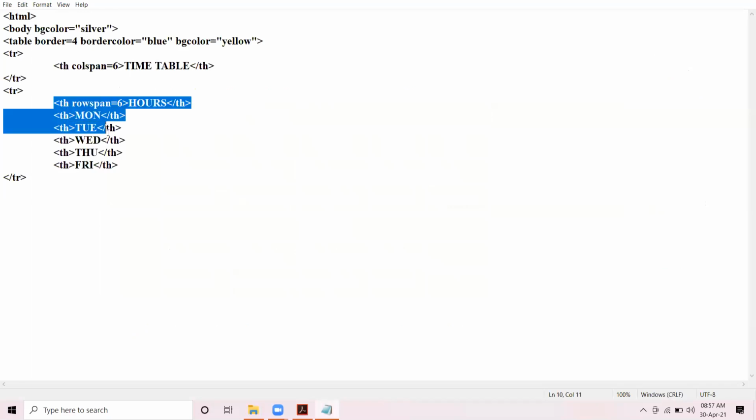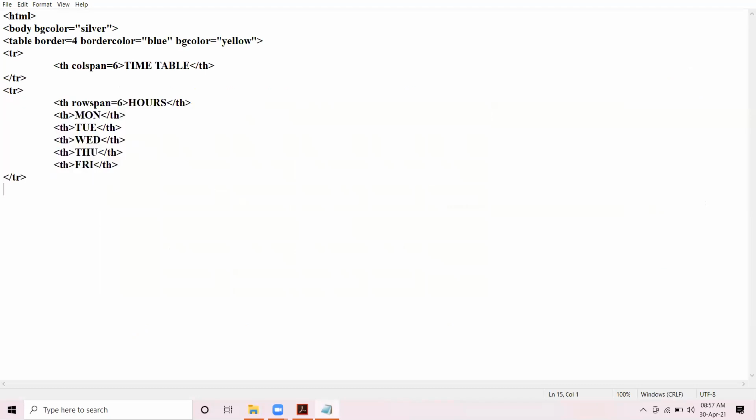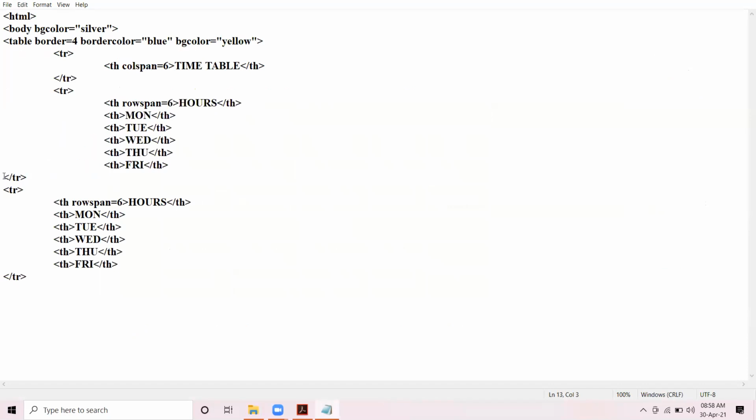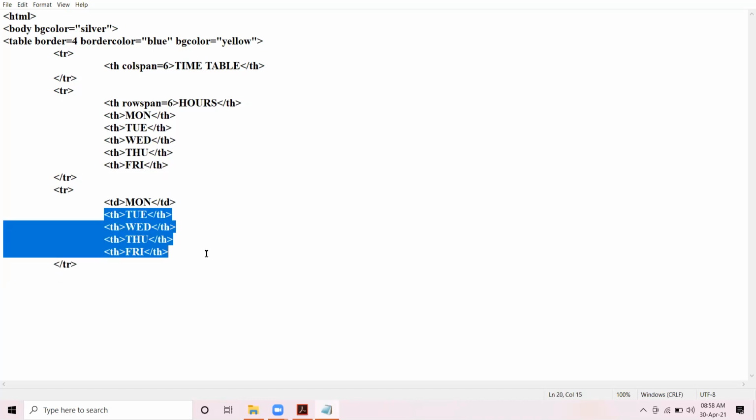So let us copy paste this. And I'm pasting it over here, but I'm taking it a little inward so that formatting looks good. And it becomes totally clearly readable and presentable. All right. So eliminating this, we have 5 cells, and that is the normal cells. So we are going to create the normal cells here.